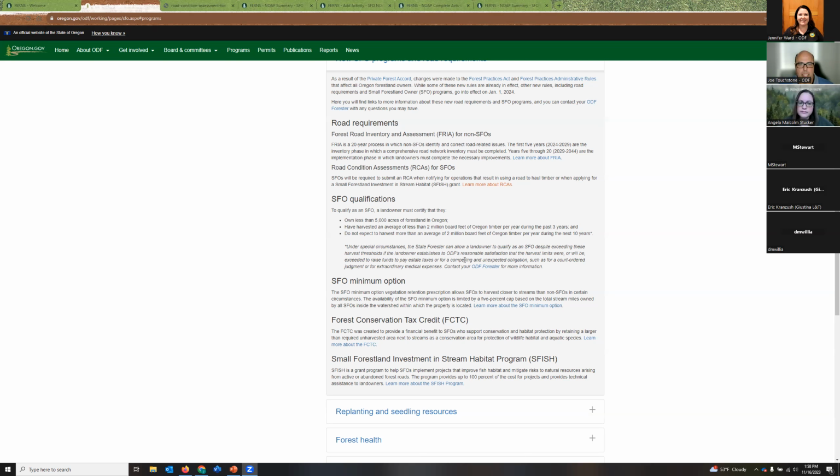I'm sharing that page for the minimum option of forest conservation credit. So really the main difference between the minimum option and the tax credit is, with the minimum option, you're cutting down to what the current buffer is. The forest conservation tax credit is you're cutting down to what the new buffer is, but you're getting a tax credit for the difference between the new buffer and the old buffer and the stumpage value of the timber